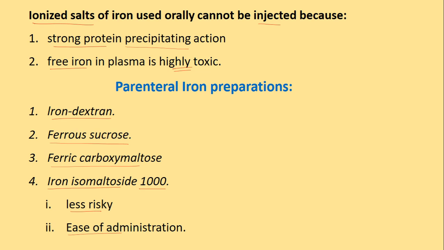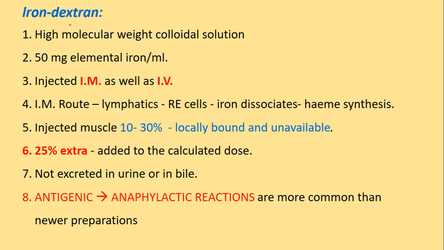parenteral iron preparations. So coming to the individual parenteral iron preparations, this iron dextran is a high molecular weight colloidal solution which is made up of 50 milligram of elemental iron per ml. So it is the only iron preparation which can be administered through both IM as well as IV route. Through the IM route, the drug will be absorbed through lymphatics, then it will be rapidly absorbed into the reticuloendothelial cells where the iron gets dissociated, and the iron released will be available for